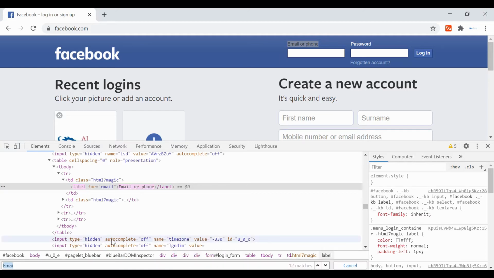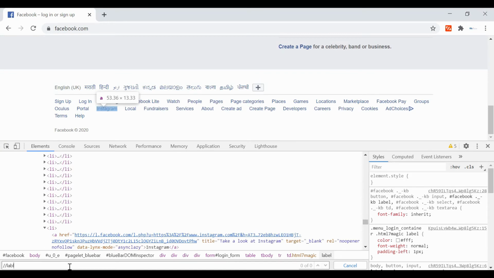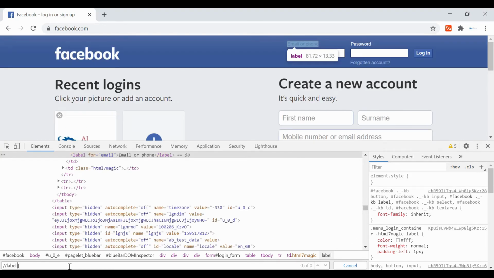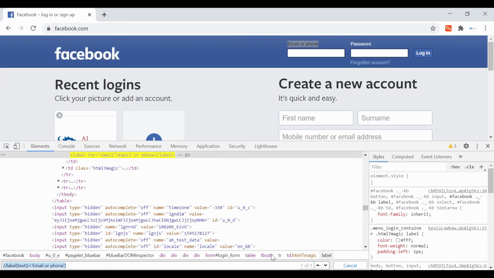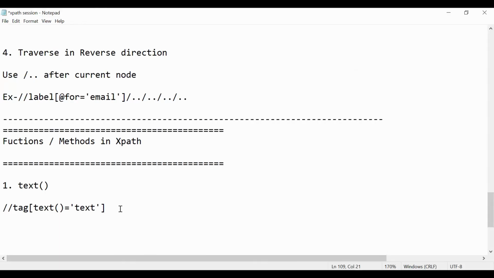Okay, so just copy this, and we have created that, right? Label, text equal to, very simple. Just for example like this.